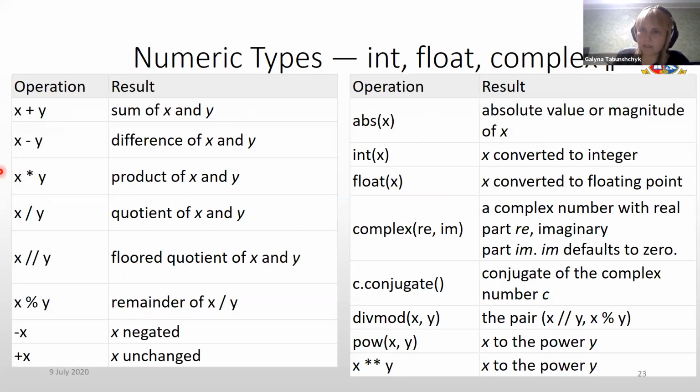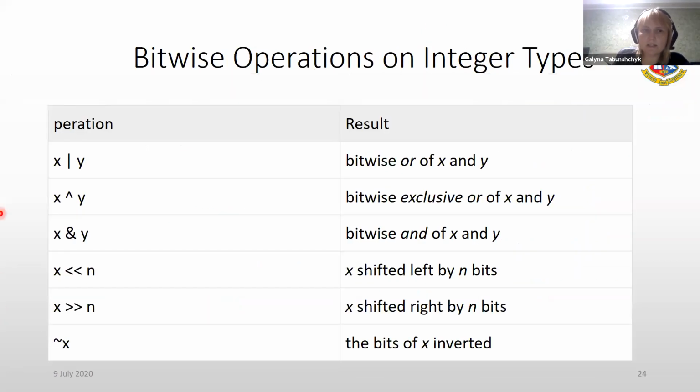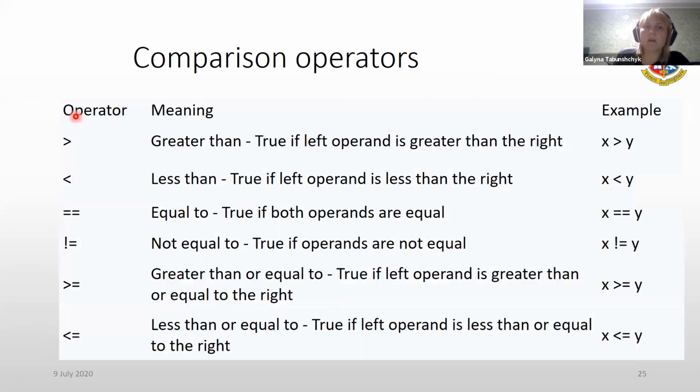How does it look like? So we're talking about basic types such as integer, float, and complex. Here you see examples on this slide. You can see examples of arithmetic operations. These are the symbols for bitwise operations. The same as, as I remember, okay, something like